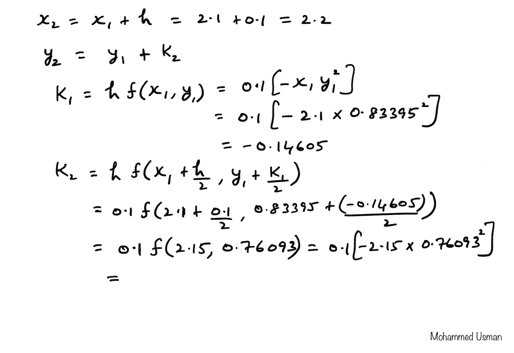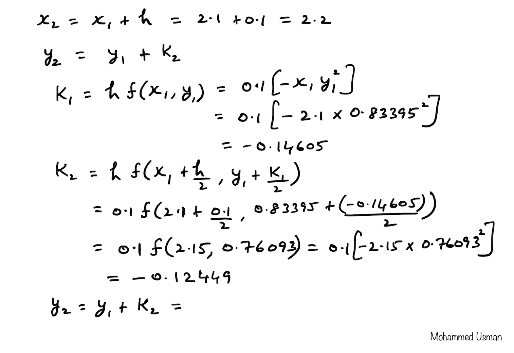So that gives us K2 to be equal to minus 0.12449. Okay, so that's K2, and now we will get Y2 is equal to Y1 plus K2, which is equal to